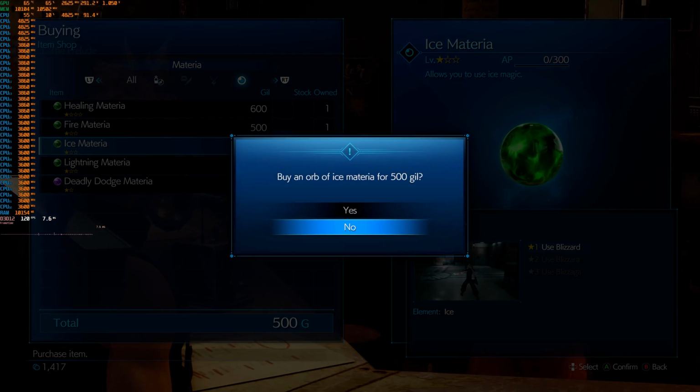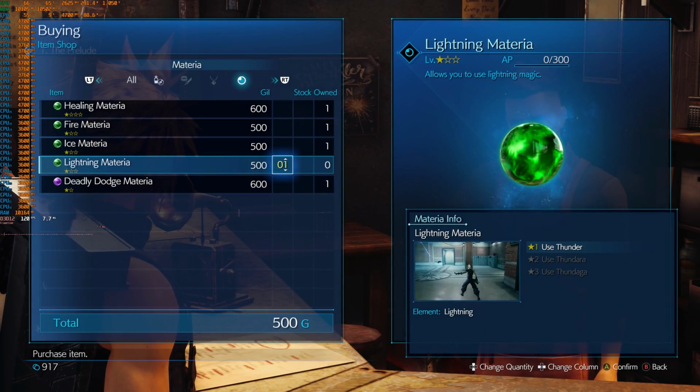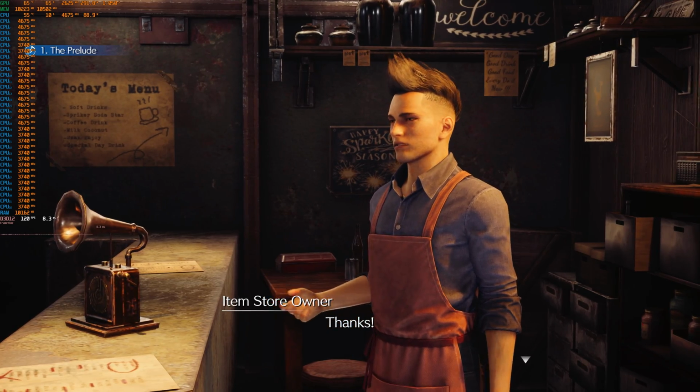Alright, we'll grab these two. I like having at least one of every single materia. I know I'll probably find them eventually, but who wants to wait around for that? I have a little teeny money, and I'm going to get paid again anyway, so...